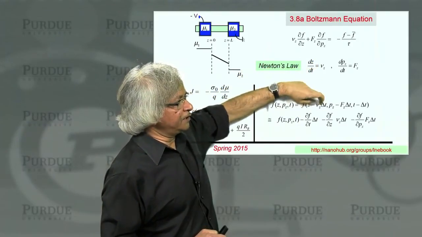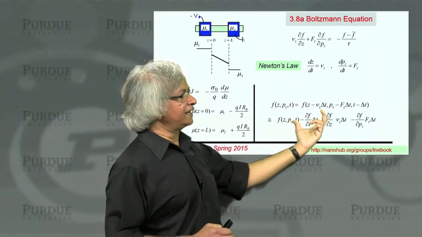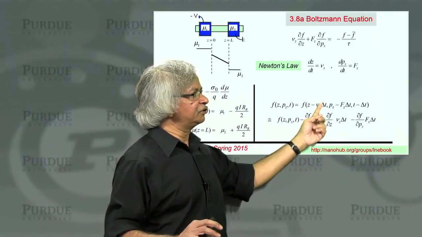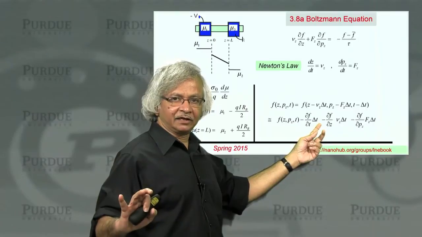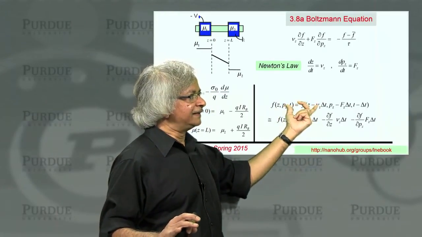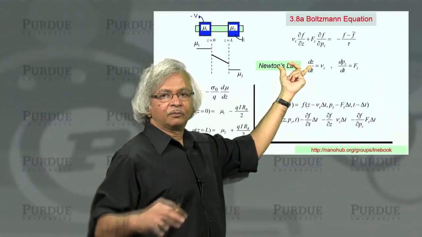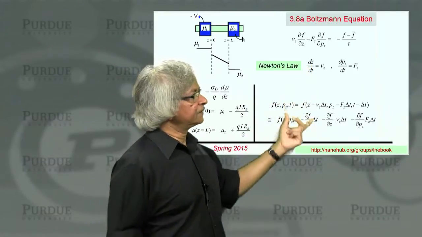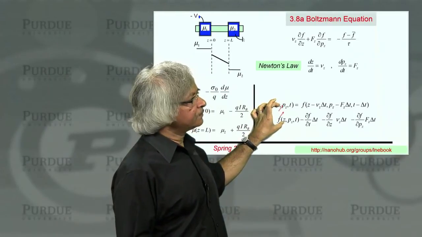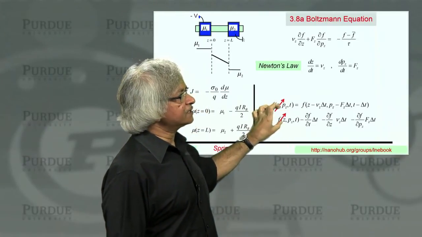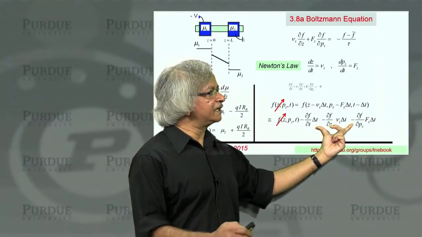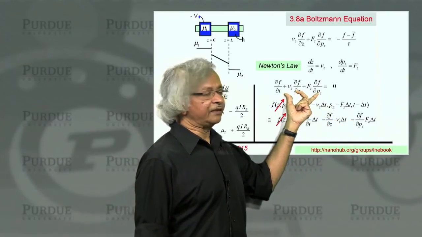The second point is that this must be equal to that just by Taylor series expansion. So from here to here is a purely mathematical argument with no physical content, whereas this equal to this incorporates the physics of Newton's law. Now once you have this, you can cancel those two things, and what it tells you is that whatever's out here must be equal to 0. So that gives you an equation like this.